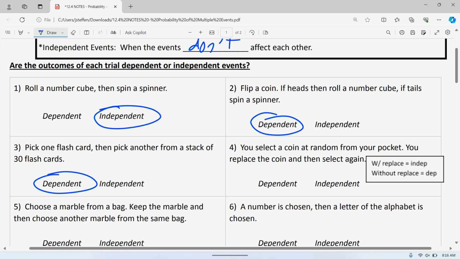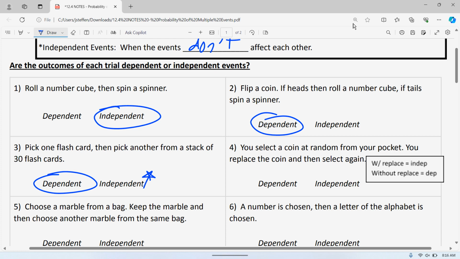So this one says I pick a flashcard, and then I pick another flashcard from the stack. The thing that it doesn't say is it doesn't say you put the flashcard back. If you put the flashcard back, then it would be independent. But since you keep the flashcard and pick another one, then they are dependent on each other, because that second